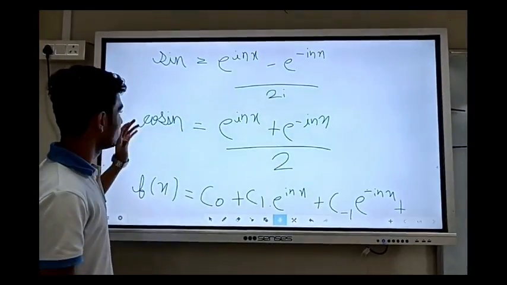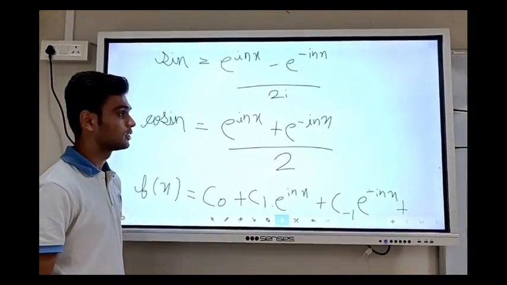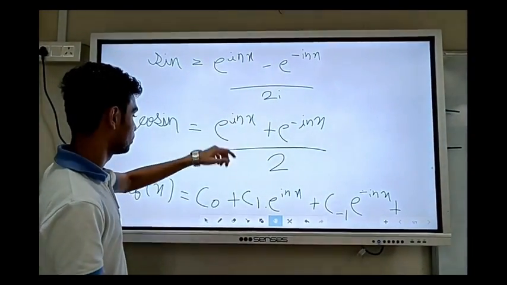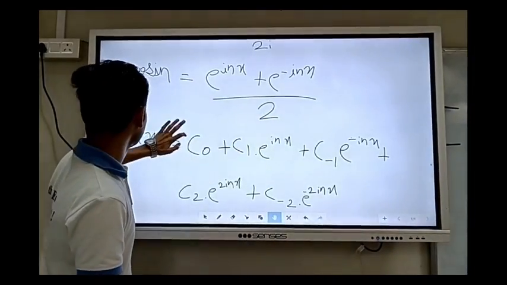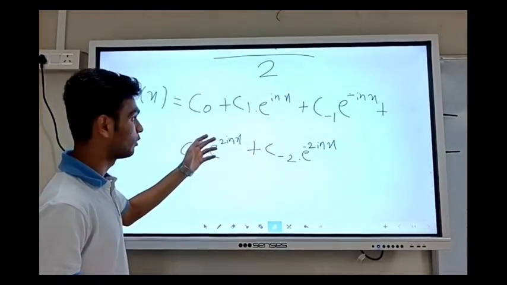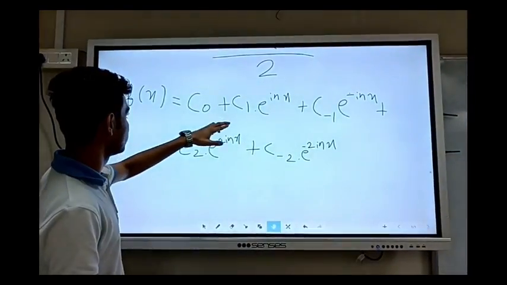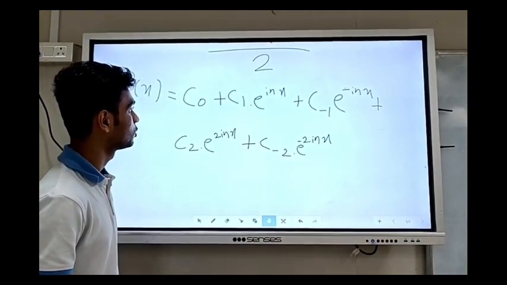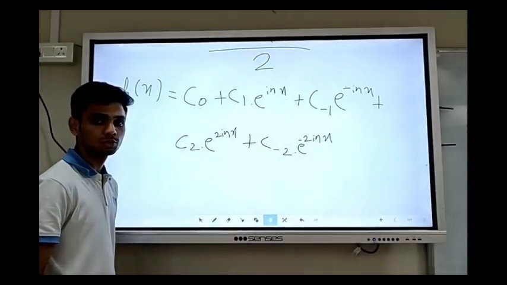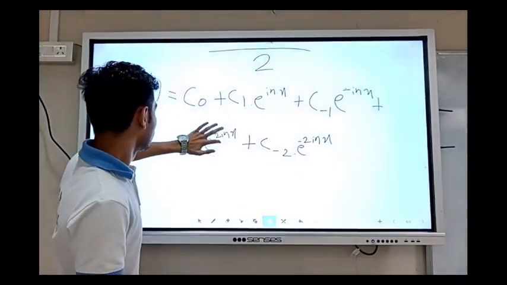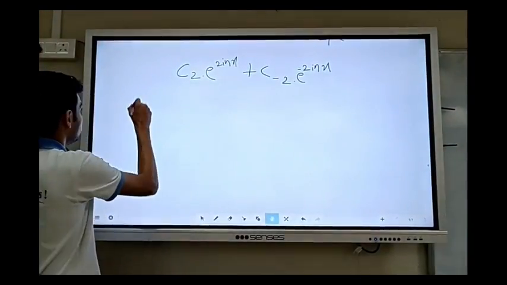So these are the sine and the cosine of the complex form that can be expressed in exponential functions, where we are given the formulas for the exponential function terms. After substituting these values, we can get the complex form of the Fourier series by the exponential functions. So it goes as c0 plus c1 into e raised to inx plus c suffix minus 1 into e raised to minus inx plus c2 into e raised to 2inx plus c suffix minus 2 into e raised to minus 2inx. So the coefficients can be given as